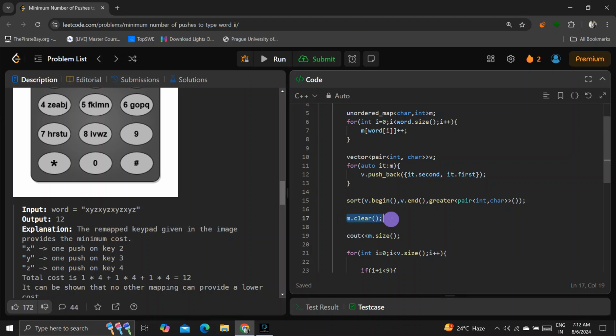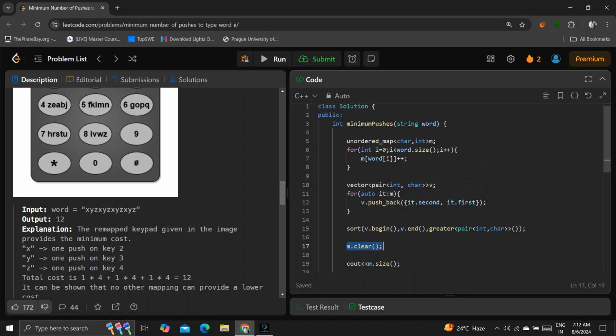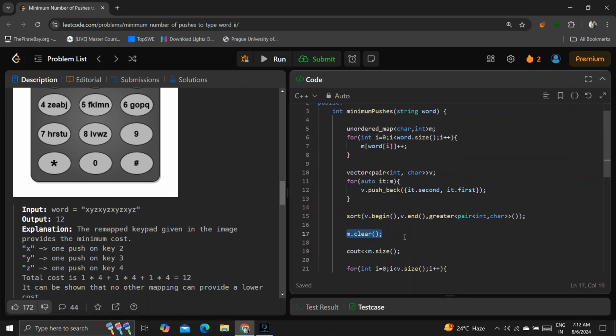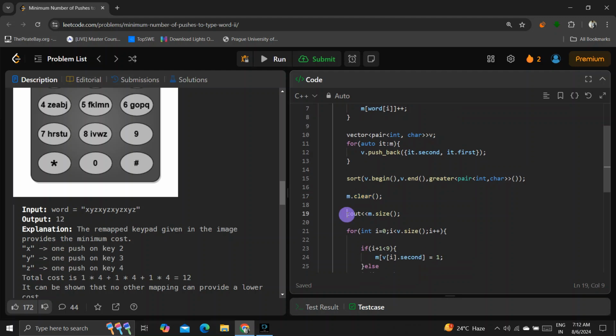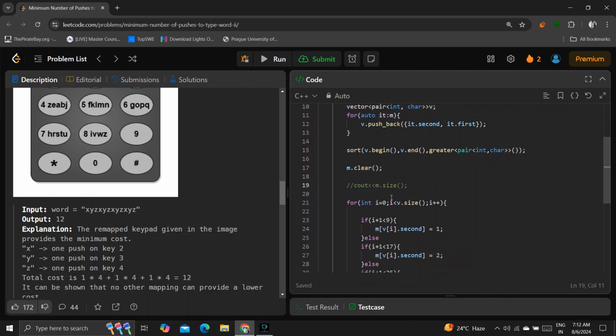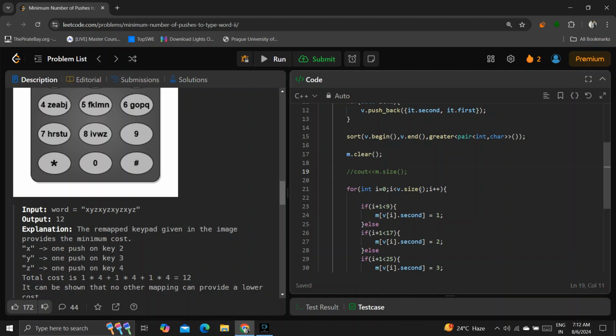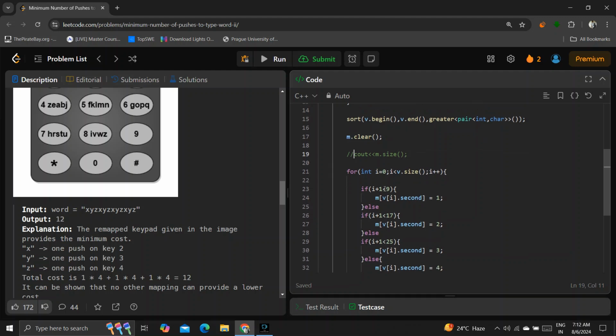Now I will clear my map because I am using the same map. If you want to use another map, you can do that. And just to check whether I have cleared the map values or not. Now what I will do is loop from i till v.size. I will check if,